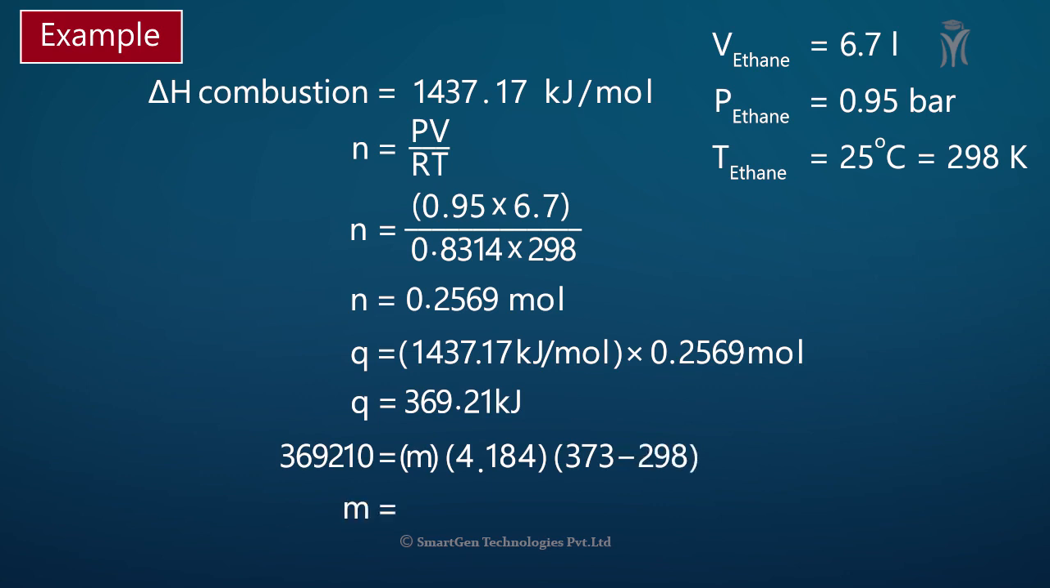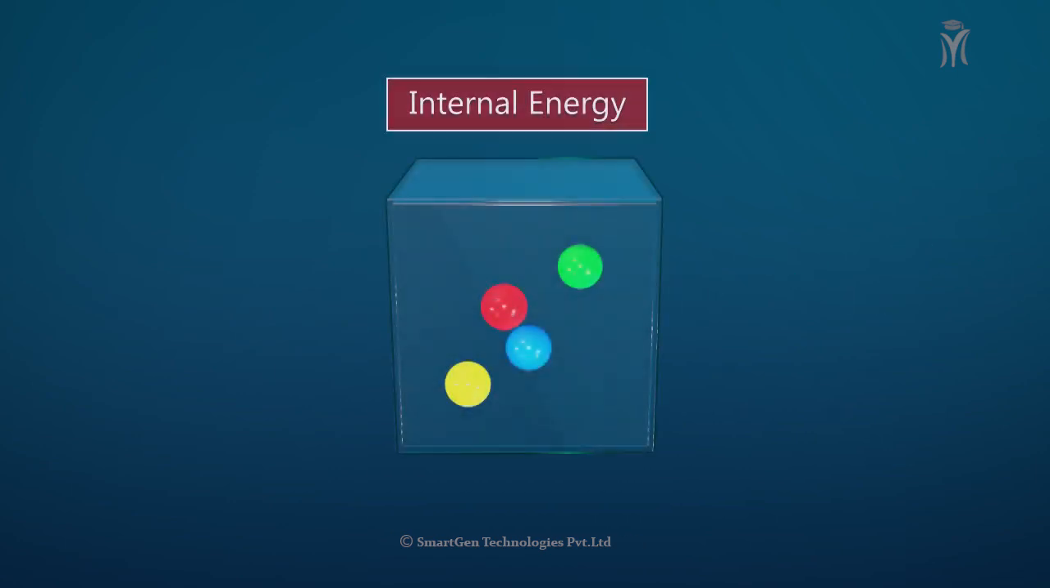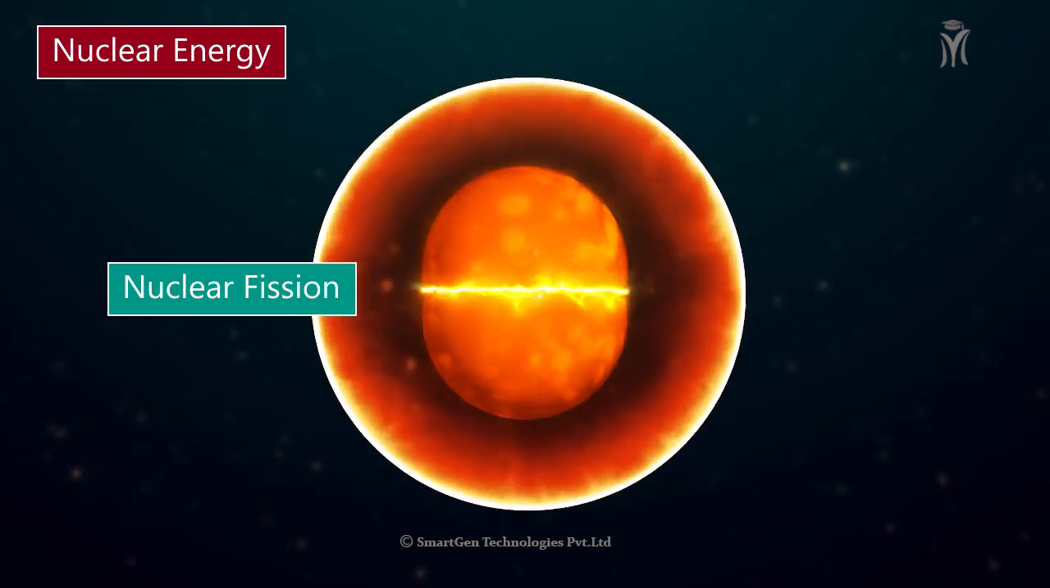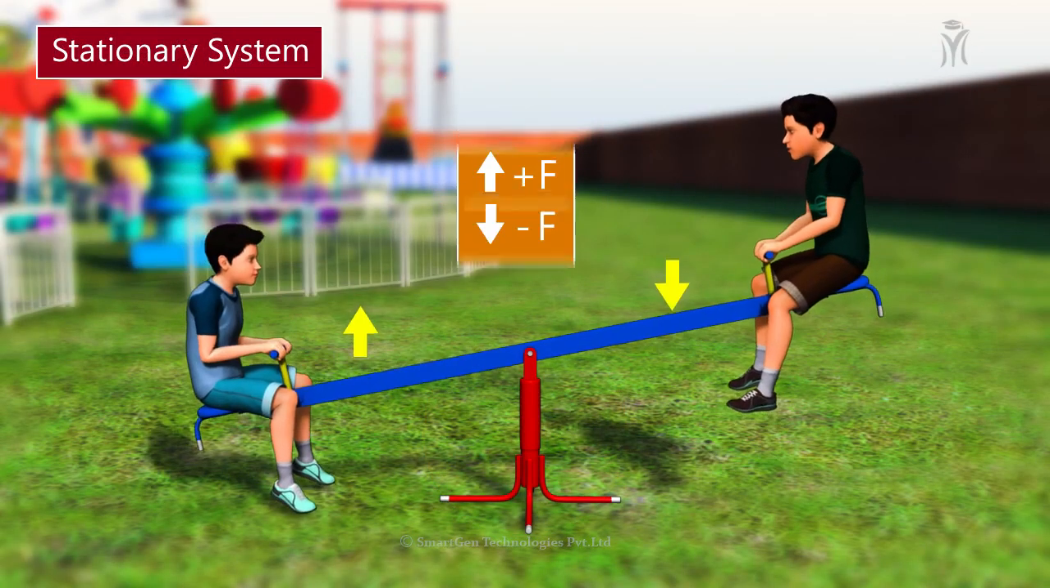Mass m equals 1176.58 grams. Volume V equals 1.177 liters. Summary. In this video, we have learnt about forms of energy, stationary system,